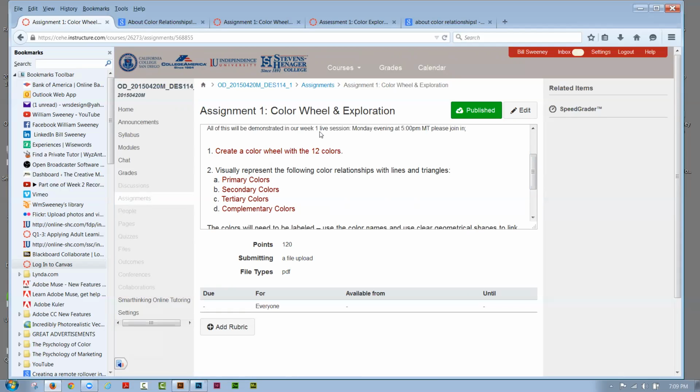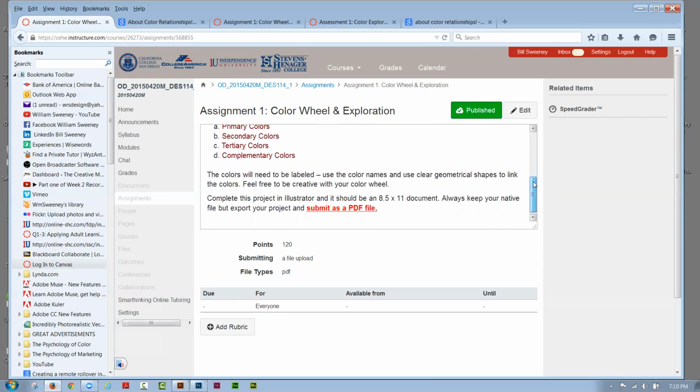Then step number 2 of your project would be to create an additional 4, and I would duplicate the color wheel on those 4, and I would then represent the primary colors, the secondary, the tertiary, and the complementary colors. So now you've got basically 5 individual color wheels showing those primary, secondary, tertiary, complementary, and then the color wheel itself. Does that make sense? Yes. Yeah, so that's what you're going to do, and I'll give you a demonstration of that in a little while. And you will want to label the colors and use the color names and come up with some kind